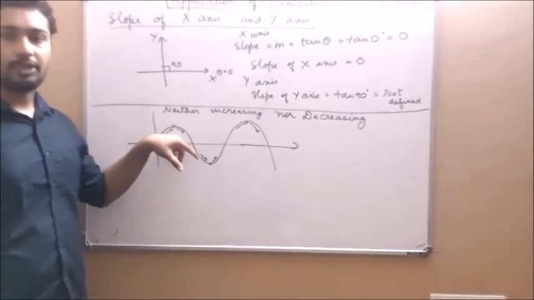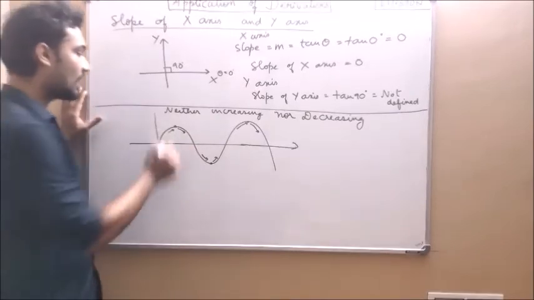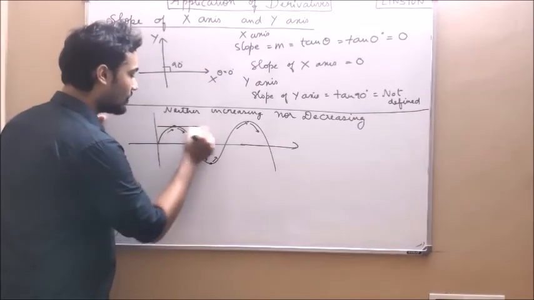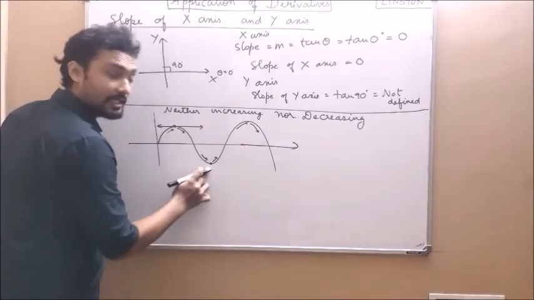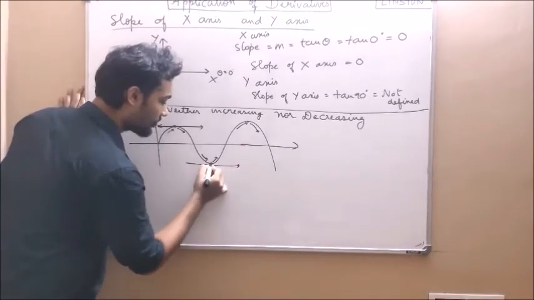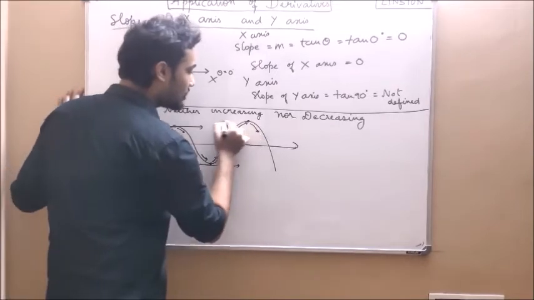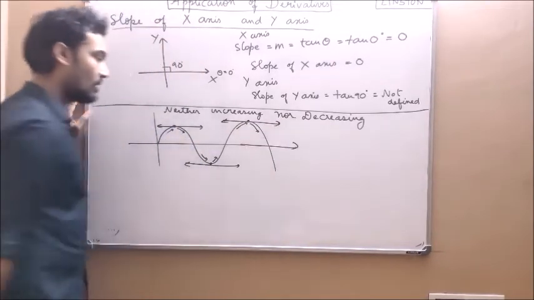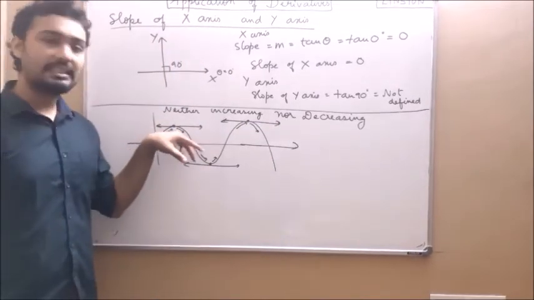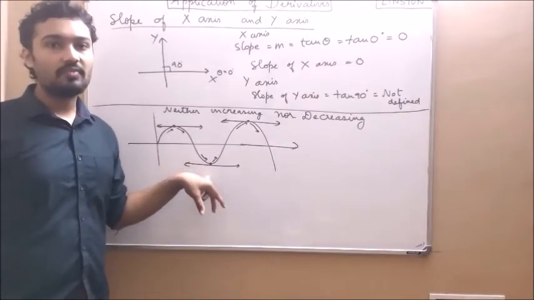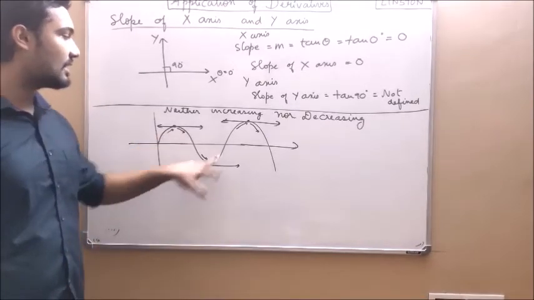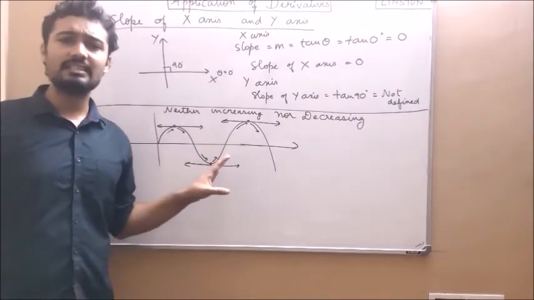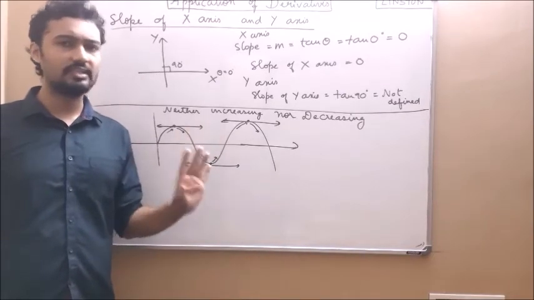We have to take this point. So for that, we will draw one line at this point. We will draw one tangent to this point. Next, we will draw one tangent to this point. Now, this tangent touches this point accurately, and we have to find the slope of the tangent. Now this is the tangent, this is the tangent, this is the tangent. The slope of the tangent is nothing but dy by dx or f dash of x, that you know.